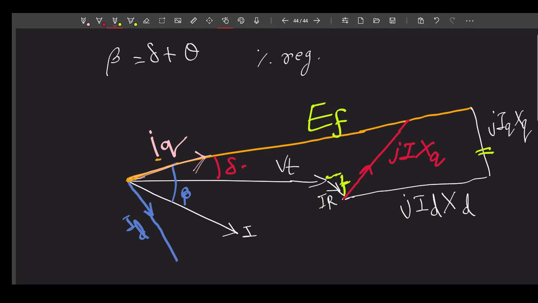So if it is jIqXq, that means this one can be written like IqR, and